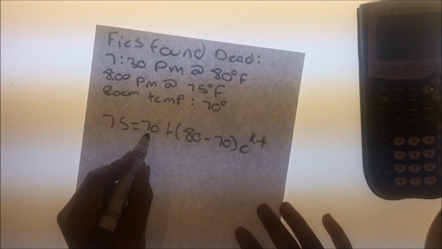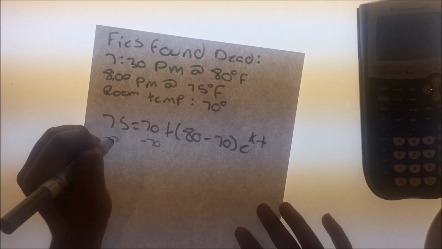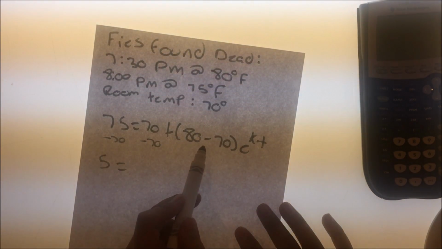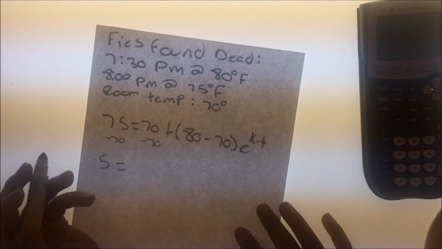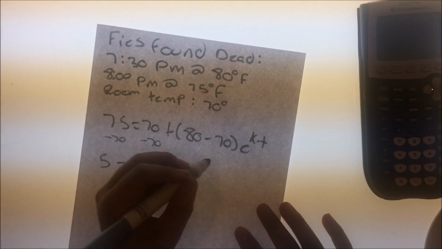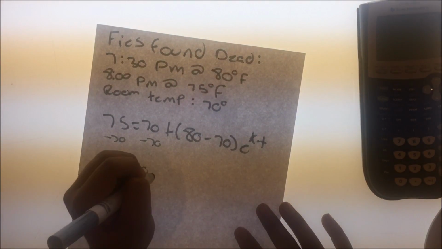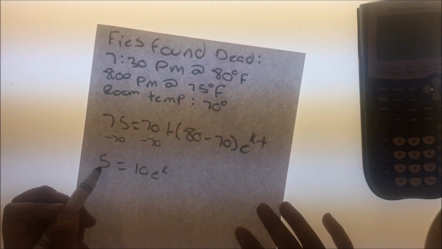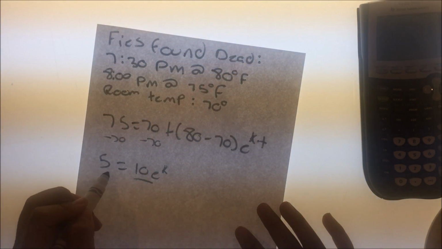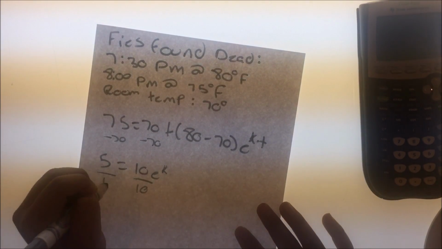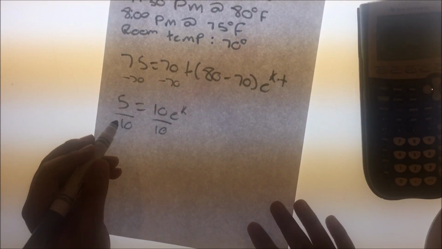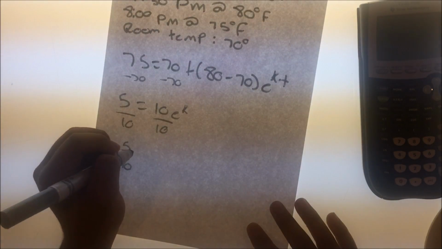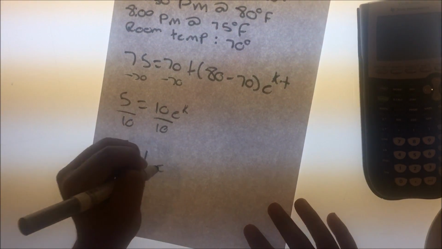So we would now subtract 70 from this side and 70 from this side, which would give us 5. Now we solve what's in the parentheses, so 80 minus 70 would be 10, which would give us 10 multiplied by e to the power of k. So now we have to divide out the 10 from both sides. So now we would have 5 over 10, which would be 1/2, equal to